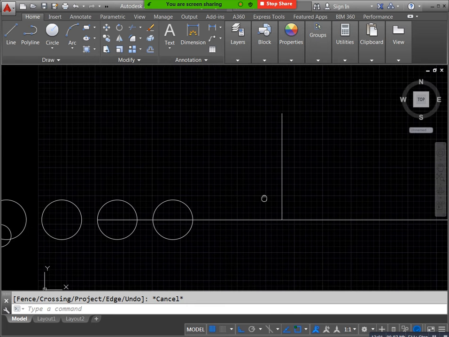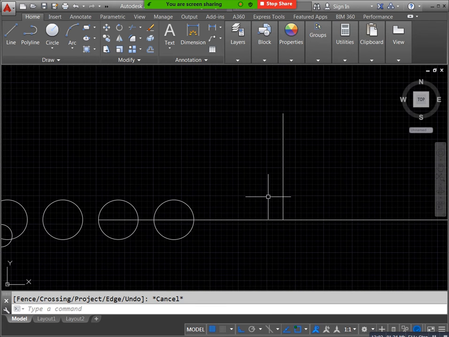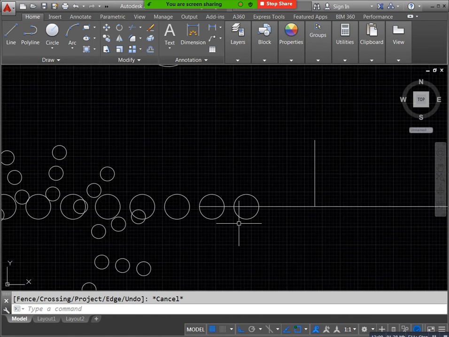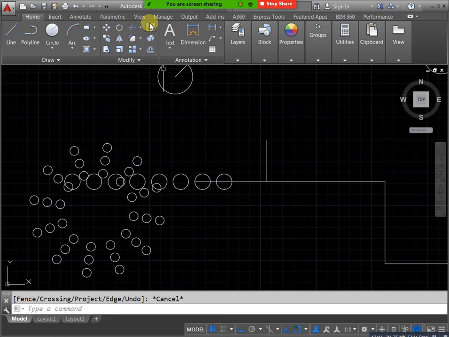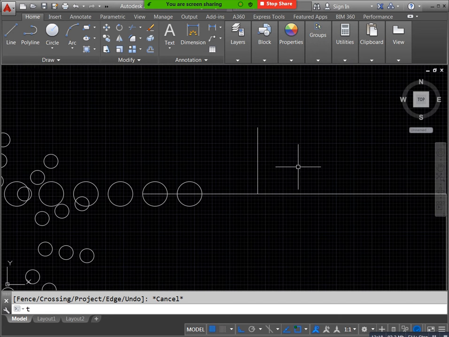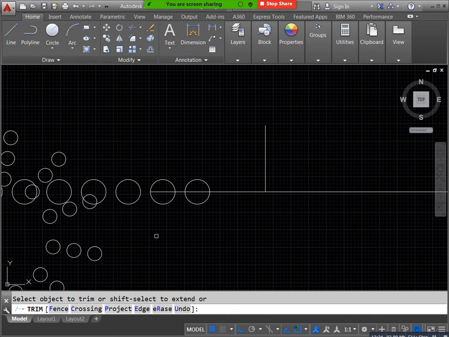Okay, that is better to you. Same as well as trim and extend, both are applicable. For example, trim, TR, double enter. By using trim I need to extend, that one also possible, but you need to press shift. You will hold the shift and you can select your line, then you will get extend like this. But you need to trim, just leave your shift key and you can click on this, automatically removing. Both functions are running in the same command.